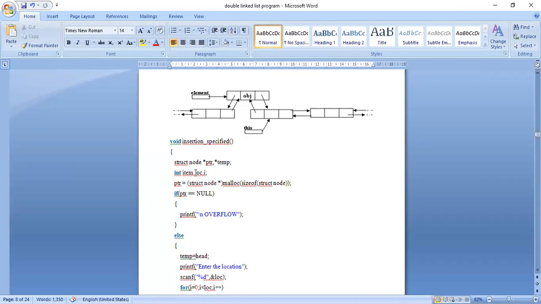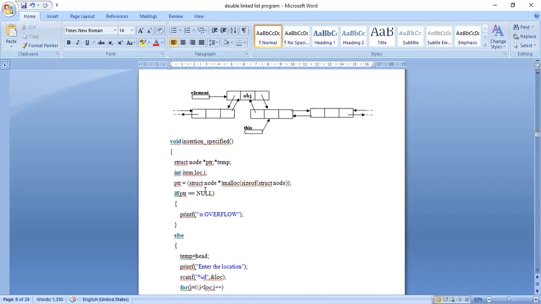In the previous two insertion functions, no LOC was there, because insertion at the beginning means the address of the starting node is already there in the head. Insertion at the last means that I will know the address of the last node by moving until null is encountered.